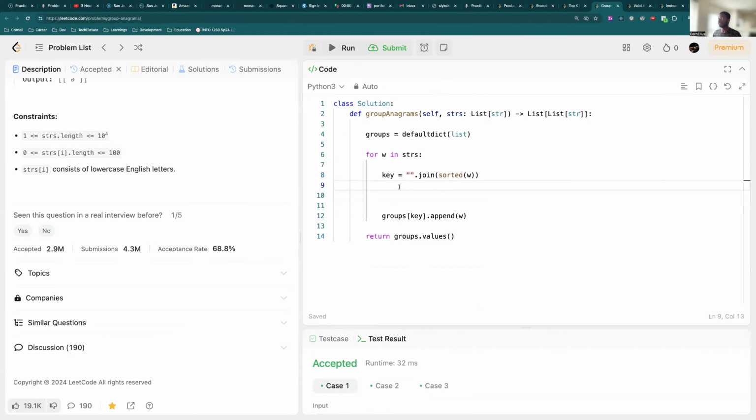What I can do is, for every word, I'm going to create kind of like a list for the word, and it's going to be composed of 26 characters, so like this times 26. A is going to be 0, B is going to be 1, C is going to be 2, this is going to be 3, and so on and so forth. But there's a trick to this one.